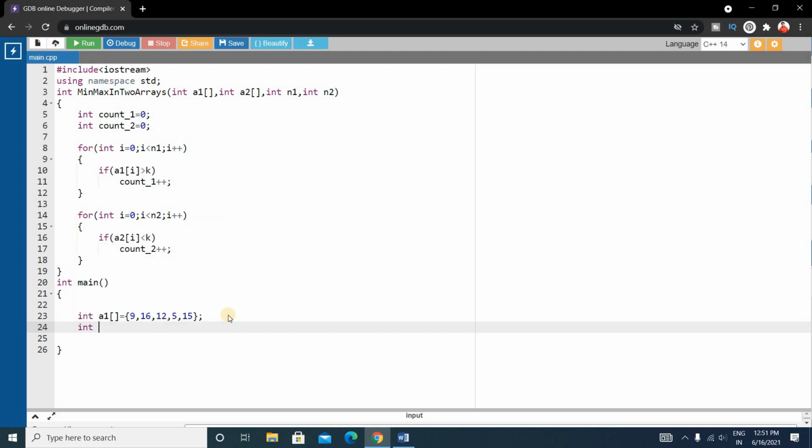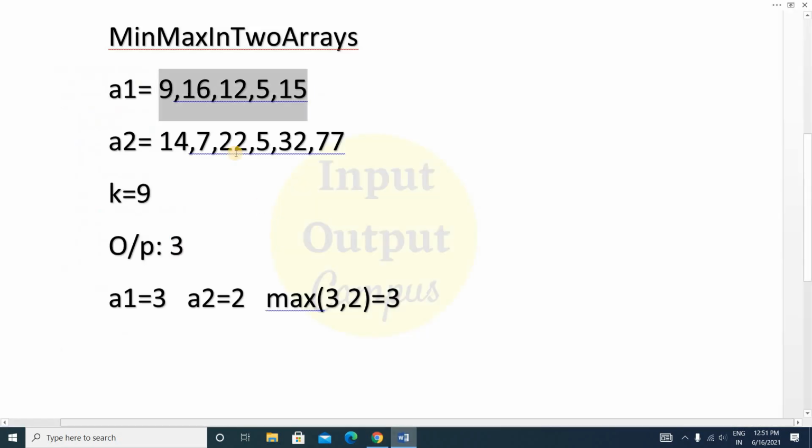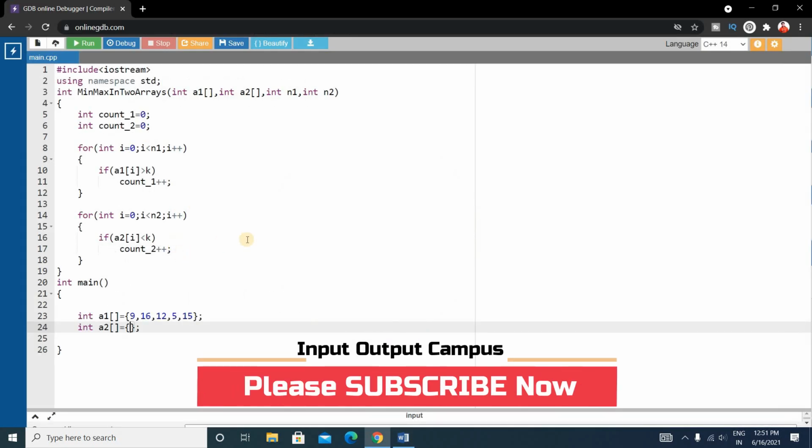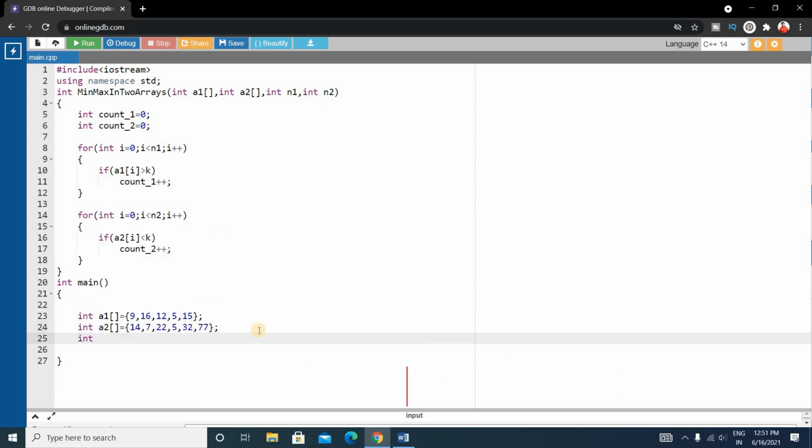So int a2. And here inside this array 2 let's copy the elements from this array 2 and paste it here. The size of array 1 is, as you can see, 1, 2, 3, 4 and 5, and array 2 is 1, 2, 3, 4, 5 and 6.